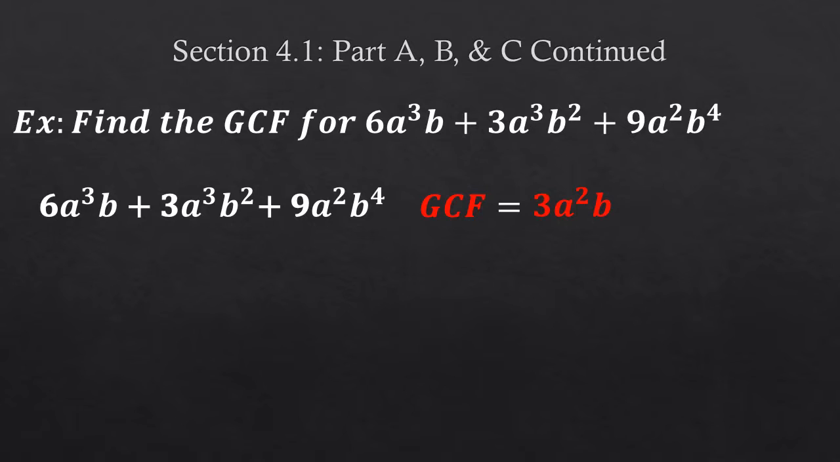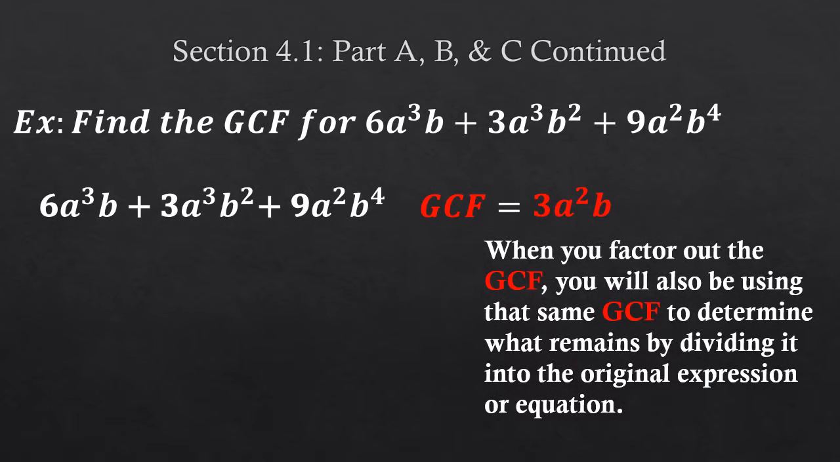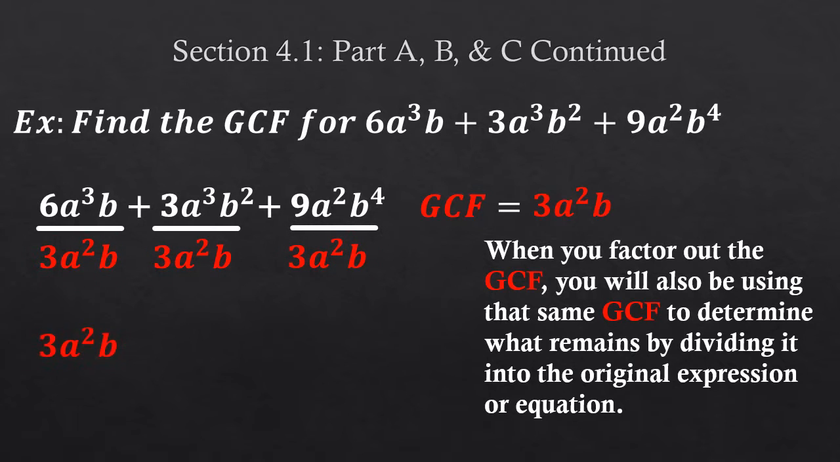Now what do you do when you factor out the GCF? Well, you want to know what remains once you factor the GCF out. So when you factor the GCF out, you'll be using it to determine what remains by dividing it into the original expression or equation, what have you. So that looks like this. You're going to divide each term individually by the GCF, because that's what you've taken out. So once you've taken it out, you're going to see what remains on the inside of the parenthesis, which is doing simple division